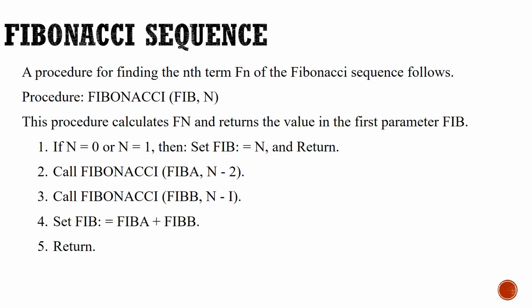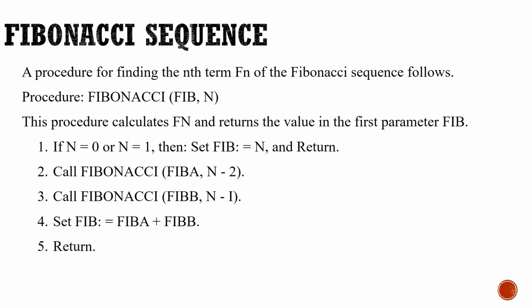So now again it will go there. So n equal to 0, condition true. Fib equal to n. What is the n value? 0. Now fib a will have the value 0. That will be written to line number 2. Then we'll go to line number 3. What is line number 3? Fib b will be equal to n minus 1. What is the n value? 2. 2 minus 1 is 1. So fib a will be equal to 0, fib b will be equal to 1.